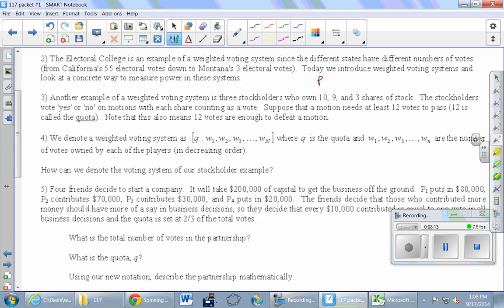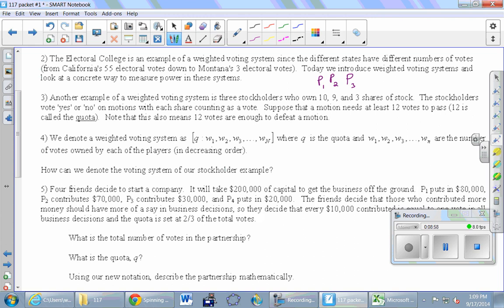Okay, so we're going to be not very creative, and we're going to call the people involved in this stockholder example P1, P2, and P3, standing for player 1, player 2, and player 3. And so player 1 votes yes or no on whatever is on the floor, and then player 2 votes yes or no, and player 3 votes yes or no, and then we count up all the yeses and nos, and if you get 12 votes saying yes, then the thing passes, otherwise it fails. And so we can look at that and we could say, okay, definitely player 1 is the strongest, and they're a little bit stronger than player 2, and it sure feels like player 2 is like 3 times as strong as player 3, right? But again, it turns out to not be as easy as that.